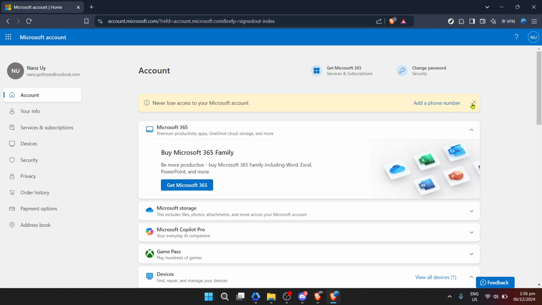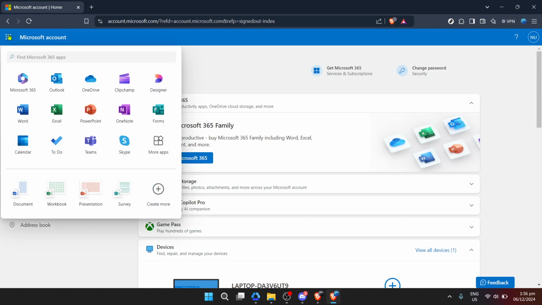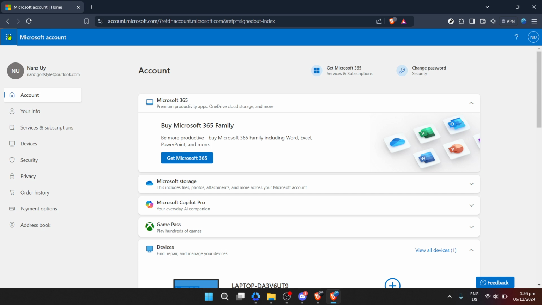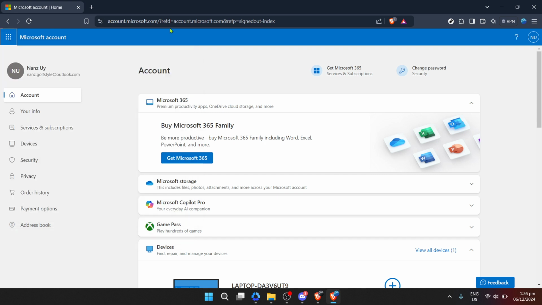Following that, you'll be prompted to enter your password. Make sure you enter it correctly to avoid being locked out due to multiple incorrect attempts. After entering your password, another click on Next will take you further along. For security, Microsoft may ask if you want to stay signed in on the device you're using. If you're on a personal secure device, clicking Yes can simplify future access. However, if you're on a public or shared device, it might be wiser to skip this option.